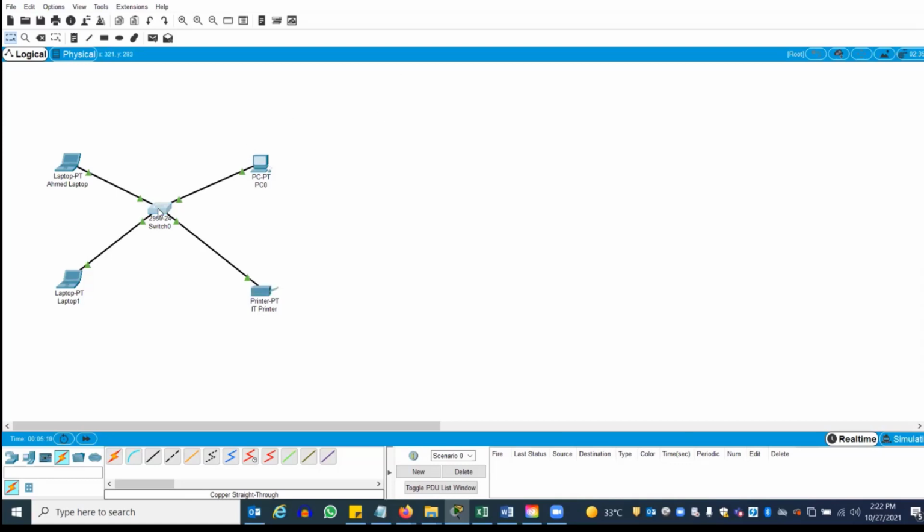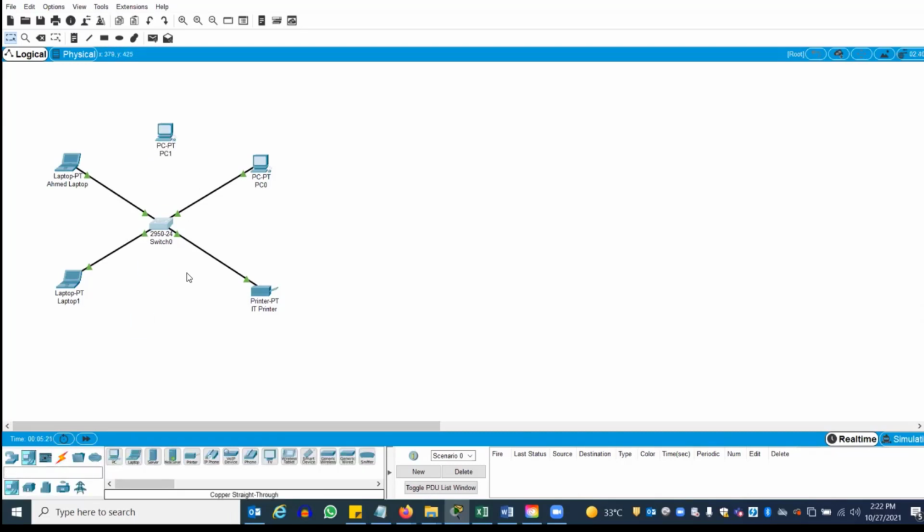Okay, let's continue. If your connectivity is right, if you select the right cable, you should not get any issue. For example, you have a PC, and the cable is wrong. Is it correct or wrong?